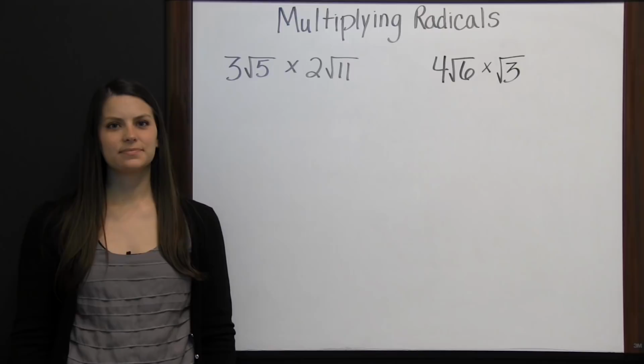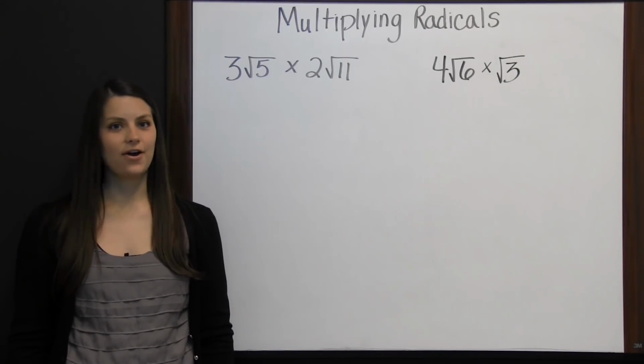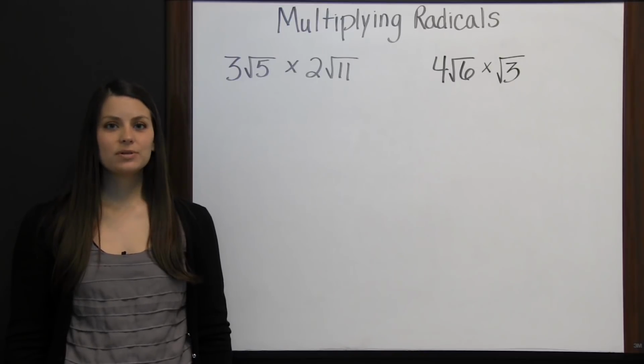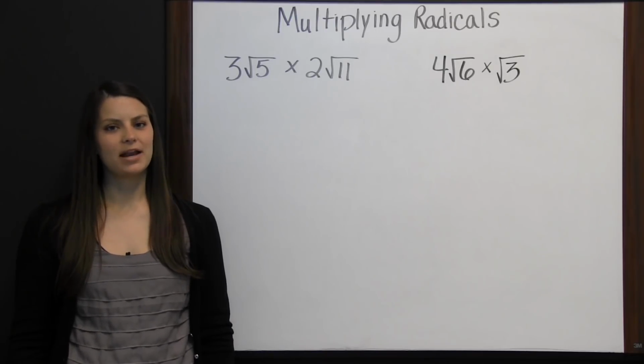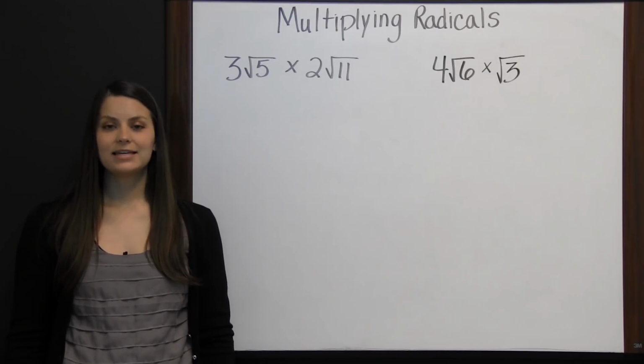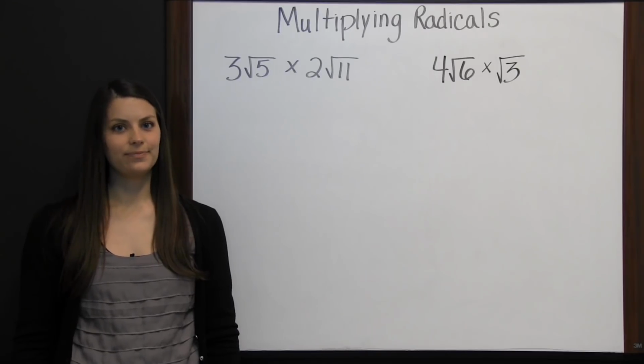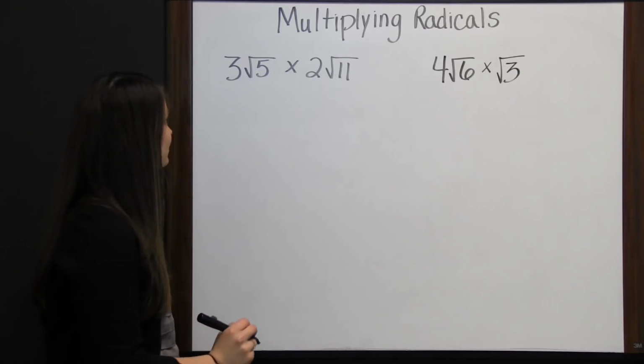Multiplying radicals. You can multiply and divide radicals even if they aren't alike. To multiply radicals, first multiply the coefficients and then do the same with the radicands. Finally, simplify if possible. Let's look at 2 examples.